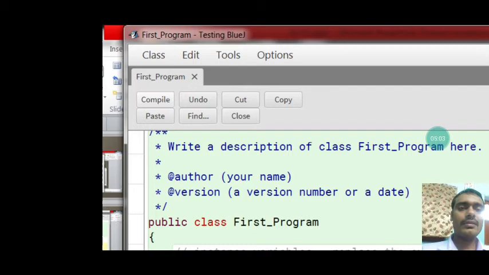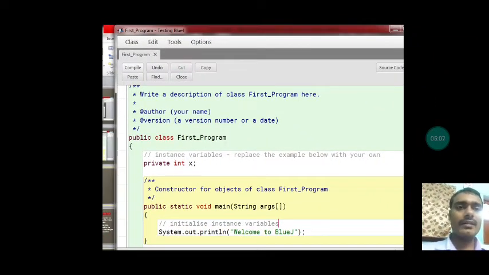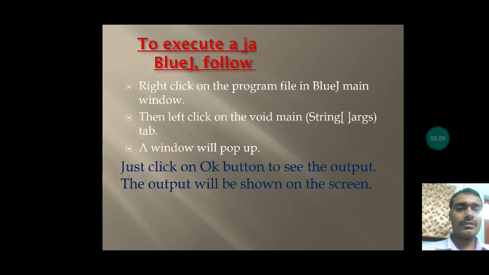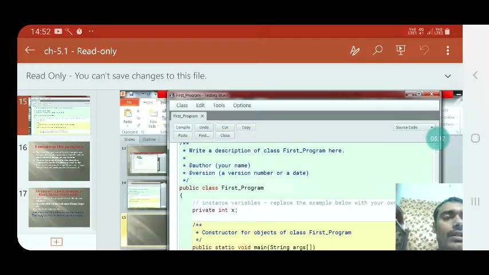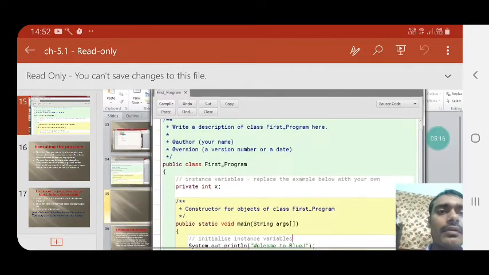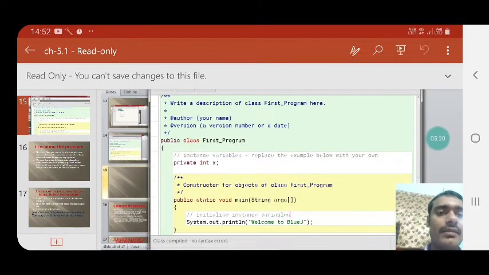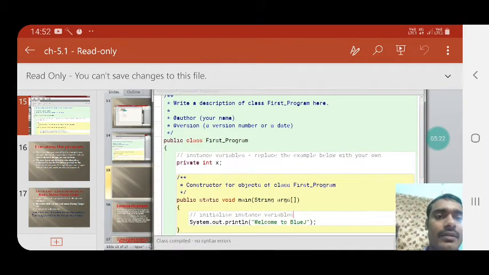Here you need to click on compile, and when there is no error, your program will be compiled.